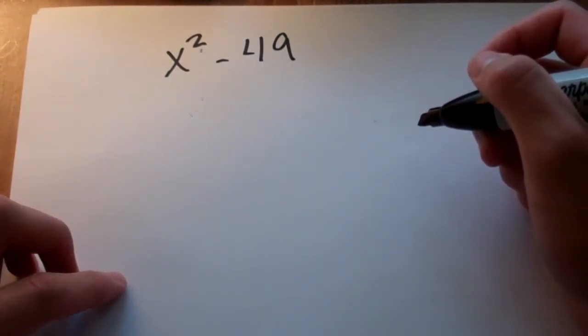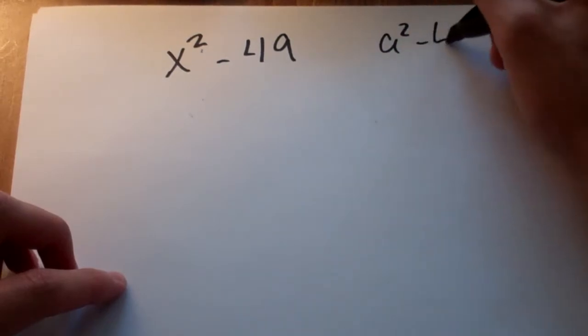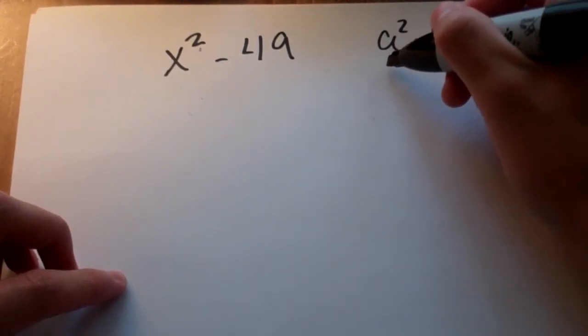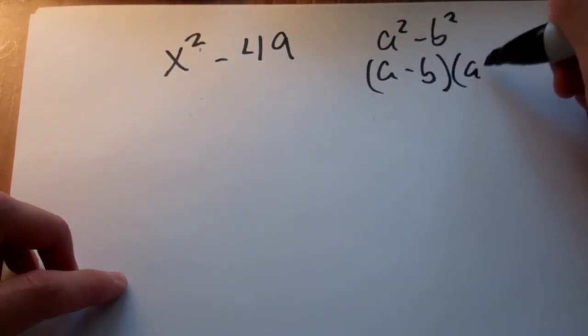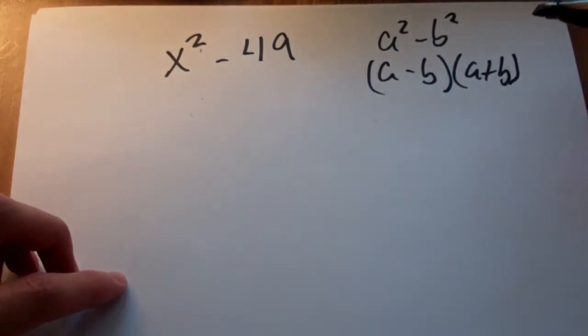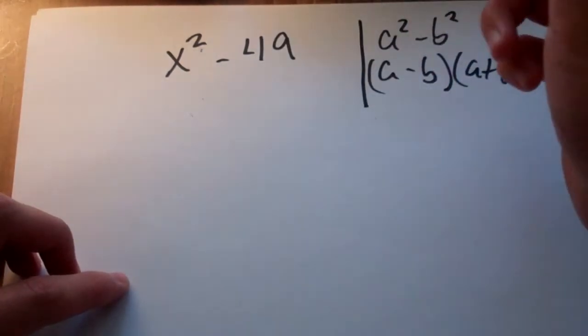Okay? x squared minus 49. So, remember, a squared minus b squared, we can write as a minus b, a plus b. Well, if that's the case, if we apply this rule right here to this,